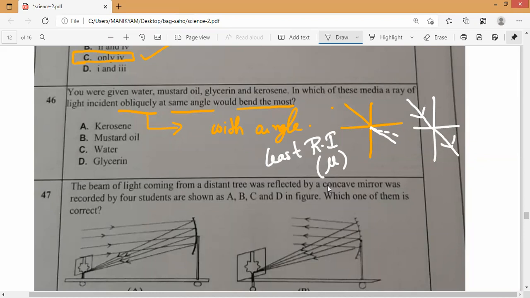Yes, sir. Now they are asking for the least. Obliquely at the same angle would bend the most, they are asking. So now, you can check which has a refractive index close to water, air. That will be the answer. So, kerosene. Sir, kerosene. You check the tabular column, that is